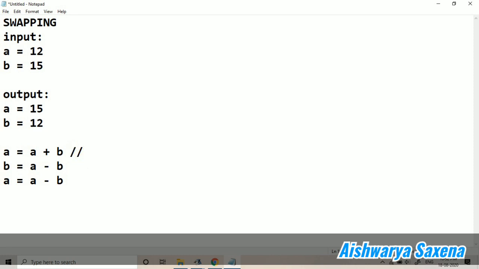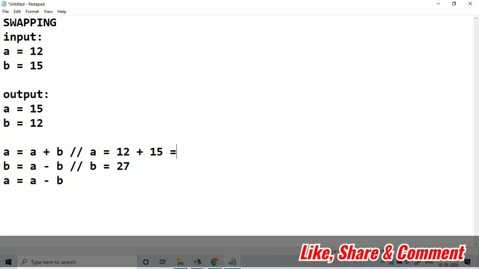Here I am taking a equals a plus b. So a plus b is 12 plus 15. What would it be? It would be 27. So now the latest value of a is 27. Then b equals a minus b.